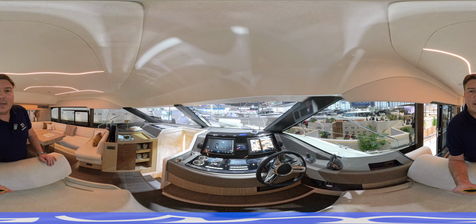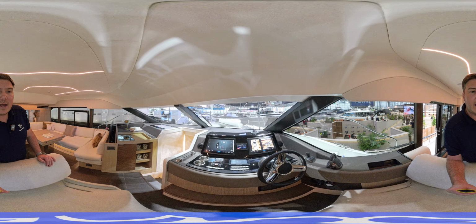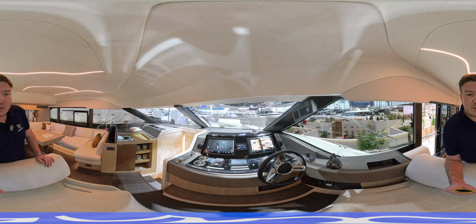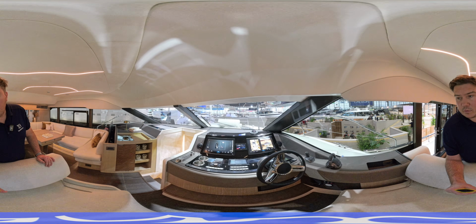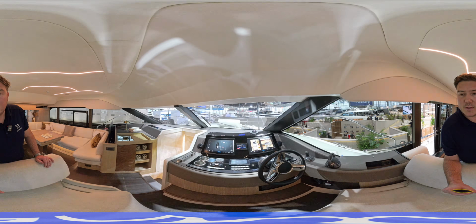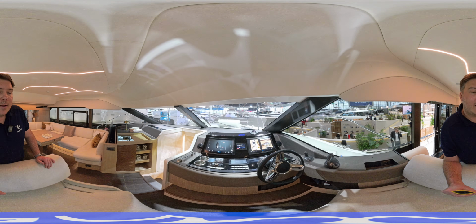So twin Garmin MFDs, again, you can see we've got the cameras up on the starboard one there, but you can run your charts through there, radar, and then you've got the Volvo Penta screen again, so you've always got your engine information out, which I like. We've got the Zipwake trim system, so that uses auto trim blades to keep the boat on the straight and narrow. You've also, of course, got a repeater of your Volvo Penta joystick, and the throttles that all sit nicely under the skipper's hand, and a separate control for the bow thrust as well, because sometimes even with an IPS boat you're going to want to just control the bow and not